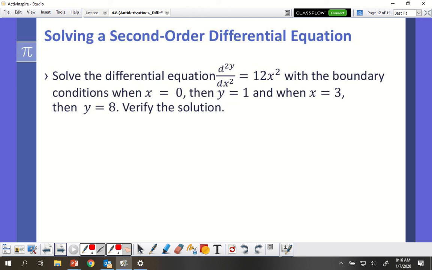If I'm taking the antiderivative of the second derivative in this notation, how would I notate that? dy dx. Yes, that's just going to be dy dx equals 4x cubed